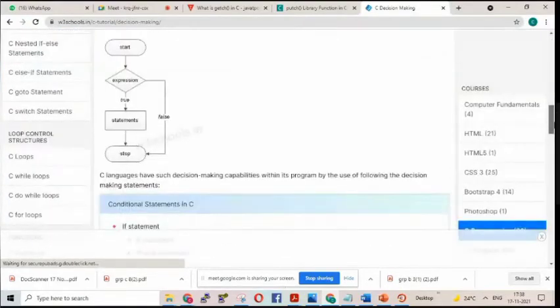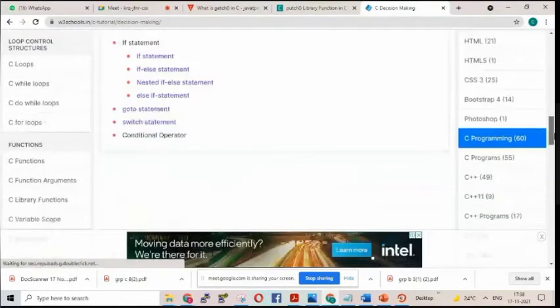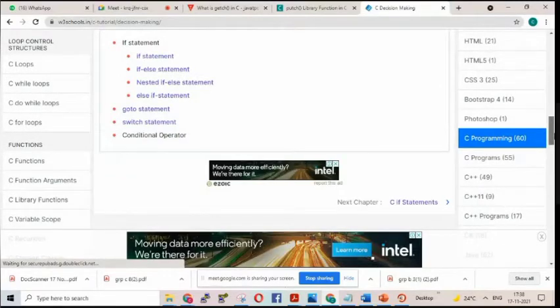In C decision making, you can see how to start with if else statement, nested if else, else if, goto, and switch. So these are the conditional statements we have. Goto is also there, which I have not covered because goto is not much used.